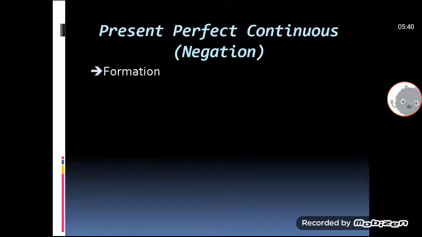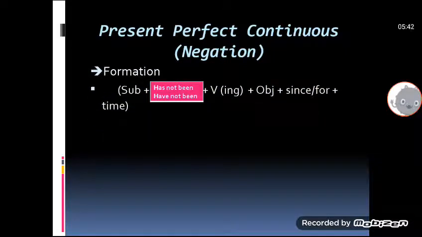Clear? So this is formation of negation. Clear? Negative की formation ये होगी. You have to keep in your mind this formation. Subject plus has not been, have not been, plus verb ing, plus object, plus since for, plus time. Very easy. The thing that you have to do is हम इसको has been और have been इस्तेमाल कर रहे थे, उनके दरमियान में नोट लगाकर उसको यूज़ करें to make negative. Clear? जैसे लास्ट पेज पे एग्जांपल थी कि